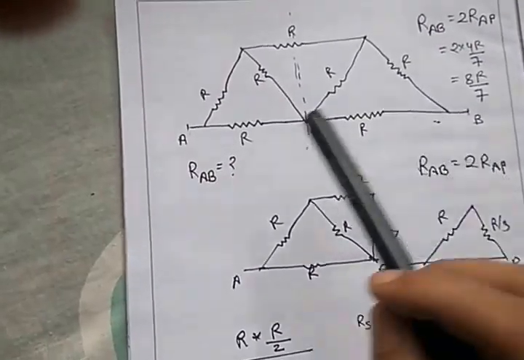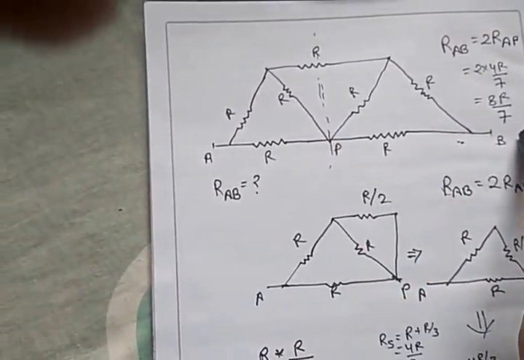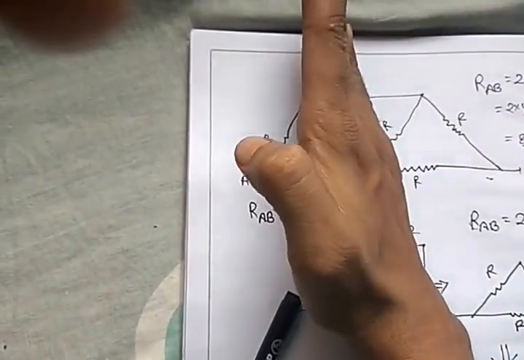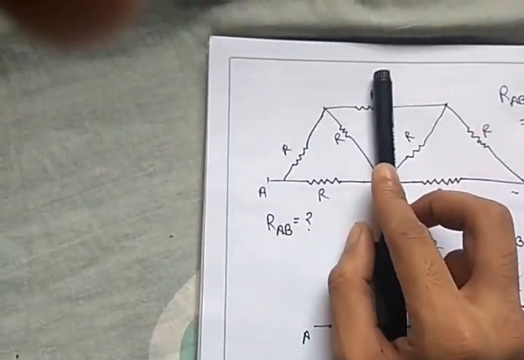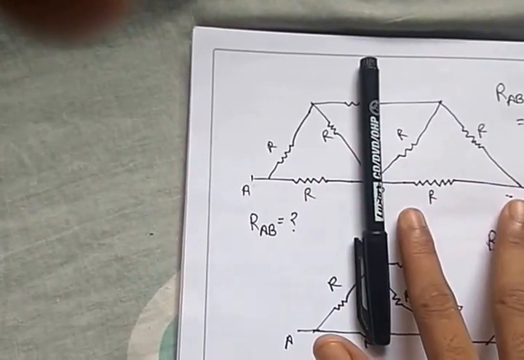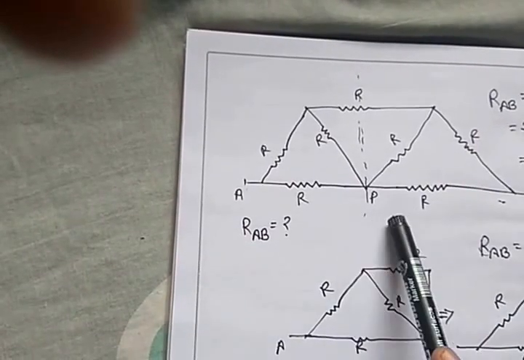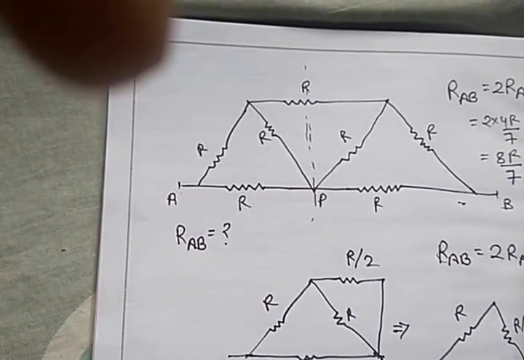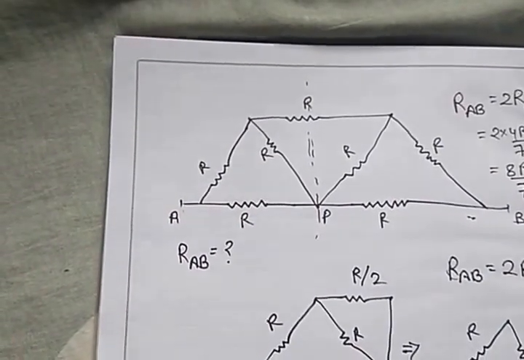So again let's recall or summarize this method. If you have to find the resistance between two points which are symmetrical about a plane, if we put a plane here, you can see the mirror image of this portion toward the right. So divide AB into two parts, AP and PB, and now calculate the resistance RAP, which is very simple. Calculate it here, and RAB equals 2RAP. By using this, you can solve resistance problems.